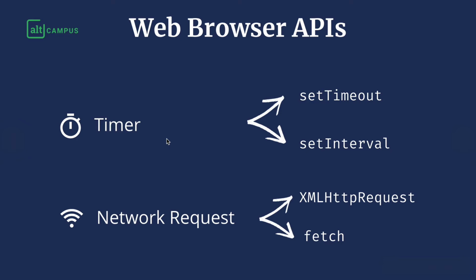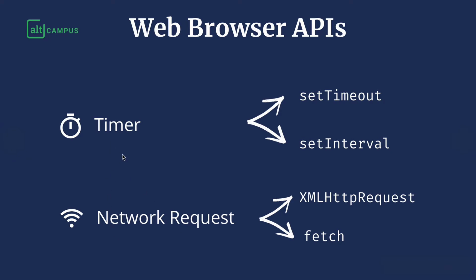In our previous videos, we have understood that just because JavaScript runs inside the browser, we get access to a lot of other web browser APIs to do certain kinds of things that are not present inside JavaScript. So JavaScript does not have any concept of timer or making network requests, as we are seeing here. These are all a part of the browser ecosystem. And because JavaScript runs inside the browser, we can access the other ecosystem present inside the browser, which is altogether also known as web browser APIs. Timer and network request are a part of it.